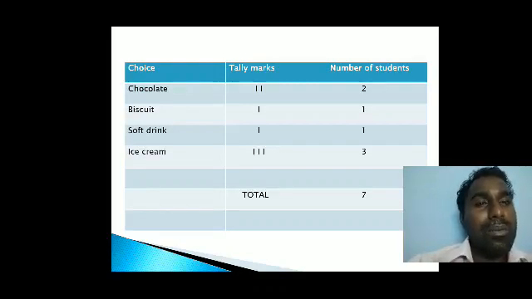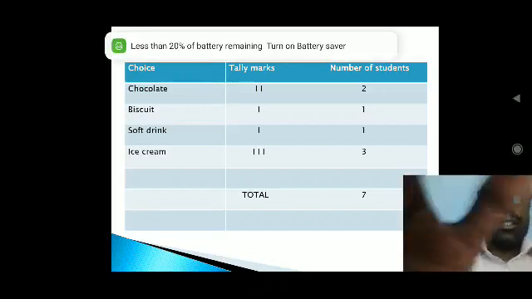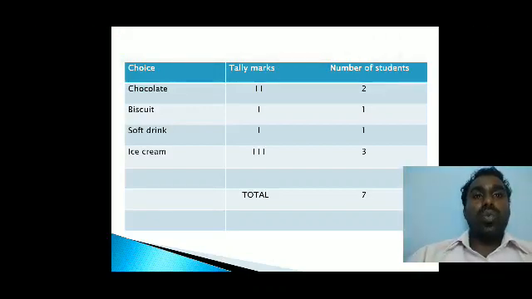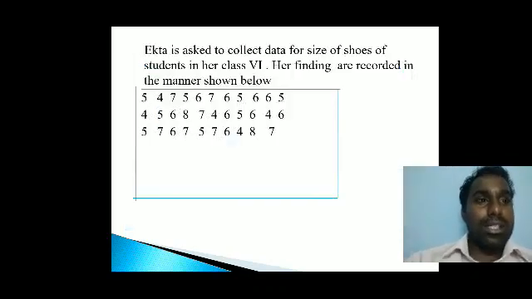Now it will be very easy to prepare the list of their choice, the list of the products. Why do we have to arrange it this way? Because when we arrange it like this, we get the information very easily. It gives the information in an easy manner, so we get a better idea. Shall we go and see the next problem? So this is the example problem.